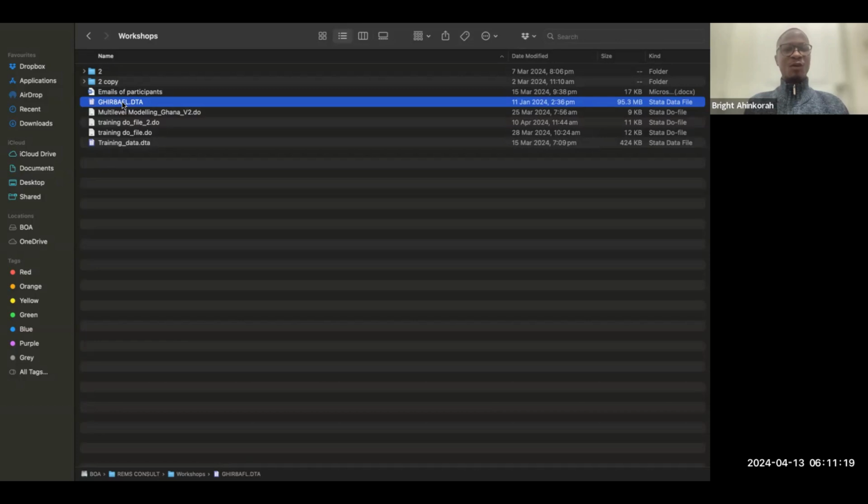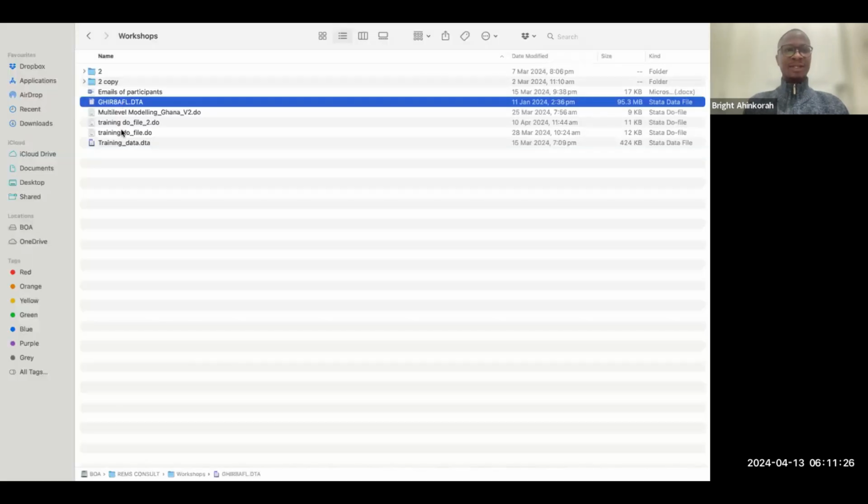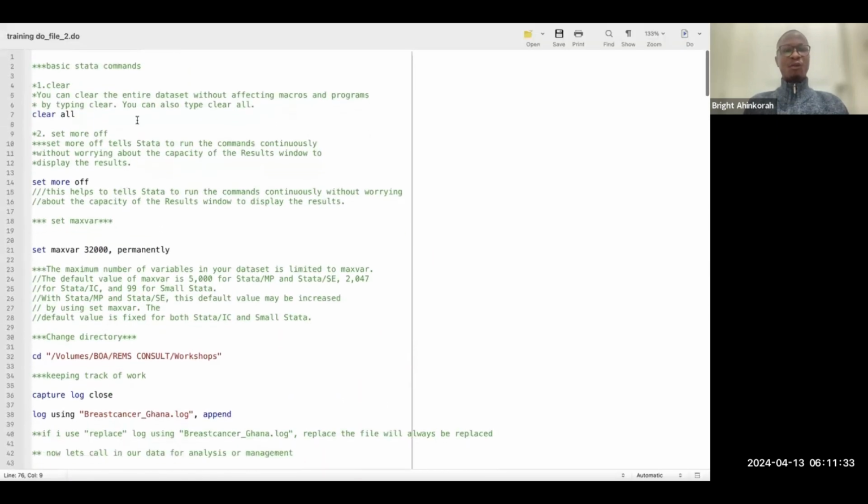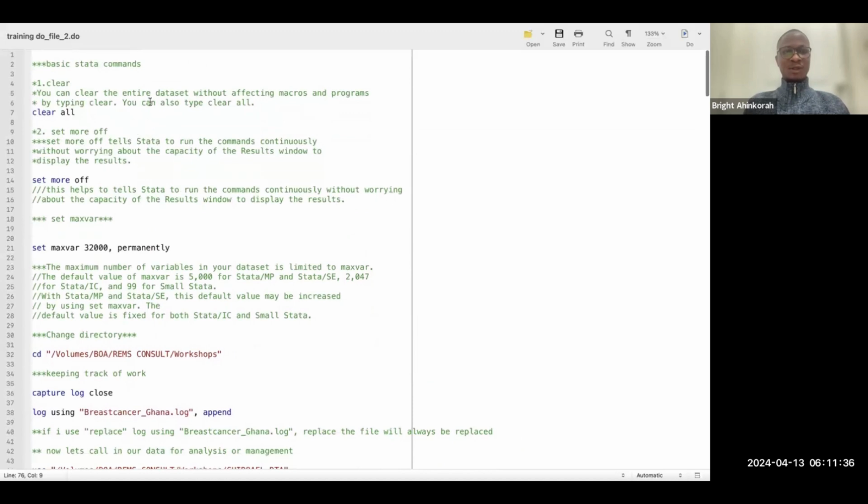Once you have your folder with your two files, the first thing you need to do is to open your do file. I will just open this do file by double clicking on it. So my do file will open. This is the do file we are going to work with. Some of the commands have been explained to you earlier, but I will just go over them shortly,